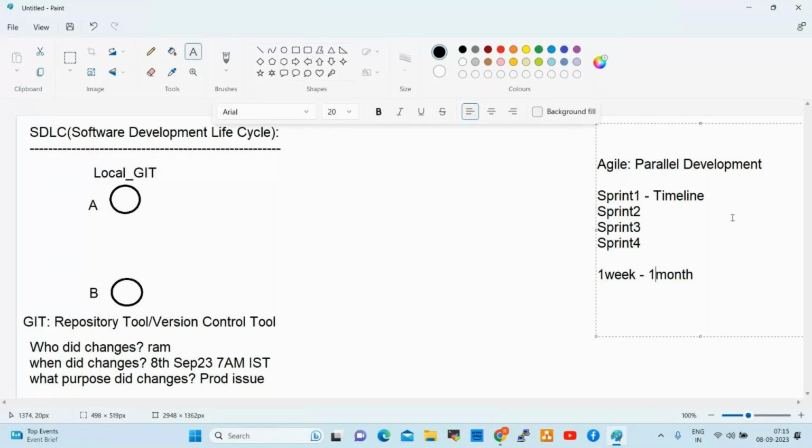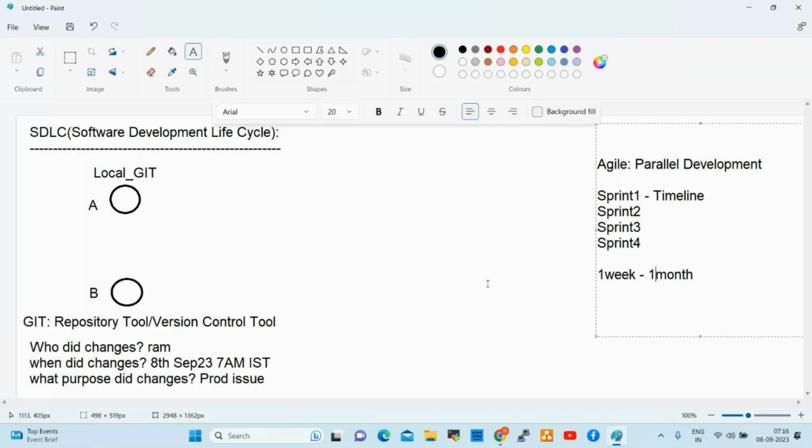Different team members we can delegate to the sprints. They start working on the sprints, and as per the timeline they complete the sprint and deliver the application, so we can deploy onto production. So Agile is a parallel development. Sprint is a timeline, 1 week to 1 month.